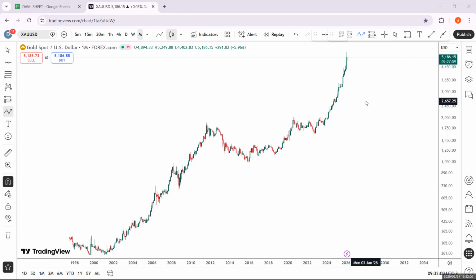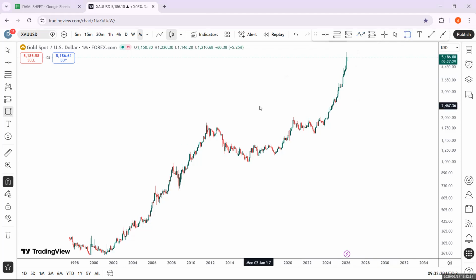Everybody knows that gold is crazily bullish right now. And a lot of people are making a living and are making so much money from gold. So this particular strategy that I'm going to be showing you guys is going to allow you to tap into this gold rush and be able to also make a name, make a living for yourself with gold. So grab your pen, grab your book, and take note of every single thing I'm going to be talking about in today's teaching. Okay, so you guys are welcome to the monthly time frame.